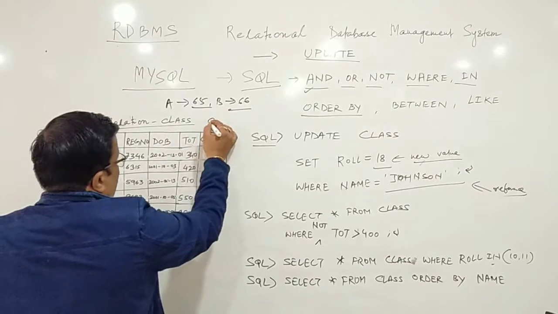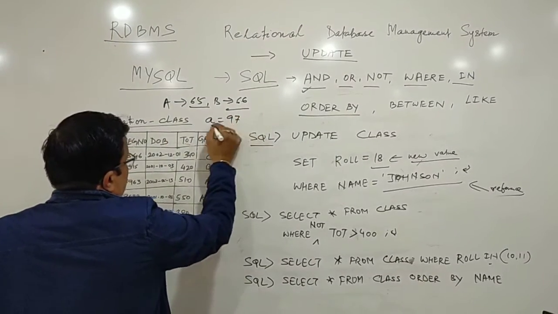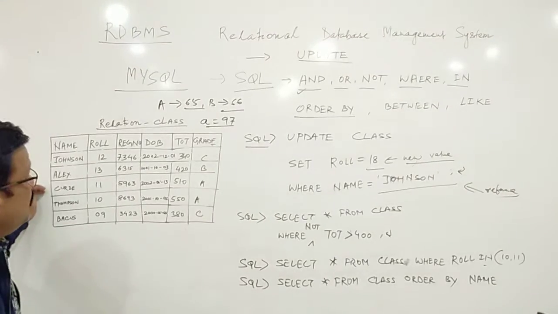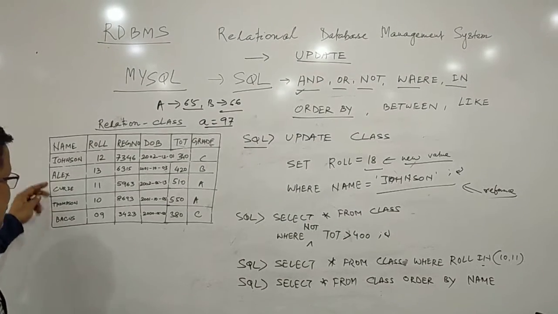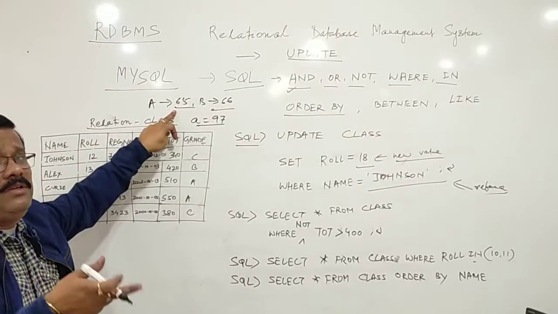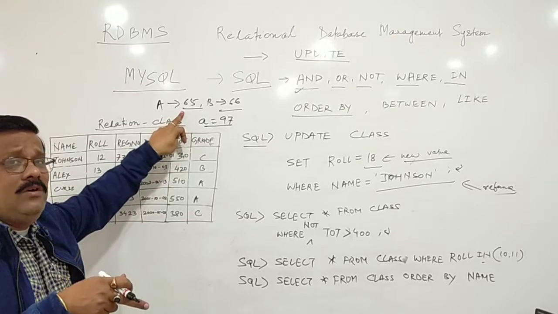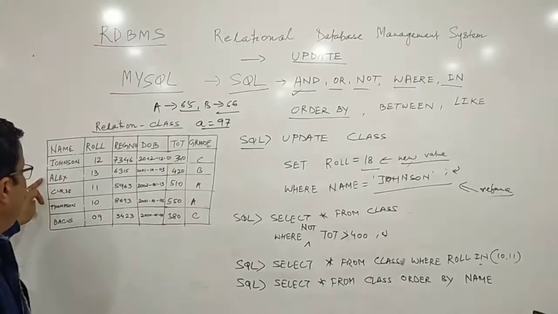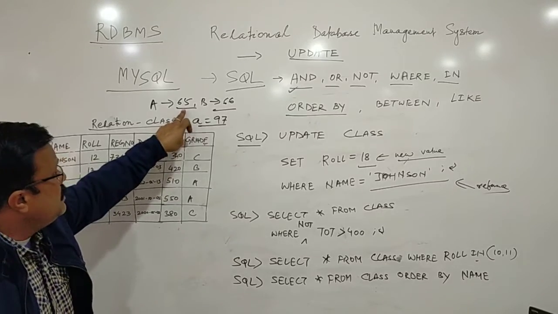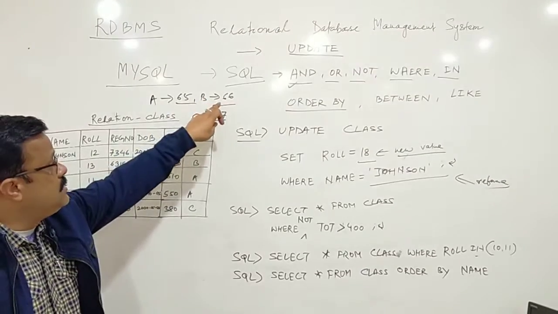In the same way small a starts with 97. So all the capital alphabets will come first because I am sorting with the name column, then the small alphabets will come. The names actually have ASCII values for all the characters. So A, Alex will be there. All the names starting with capital alphabets will be first because this follows the order: 65 is capital A, B is 66, like that.